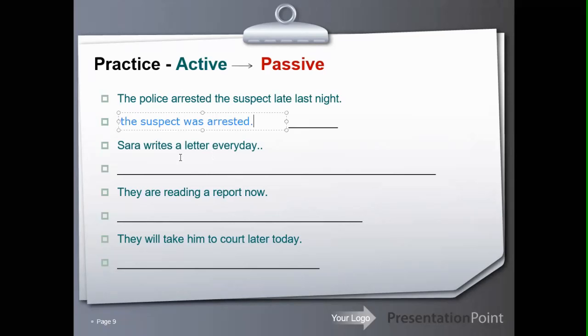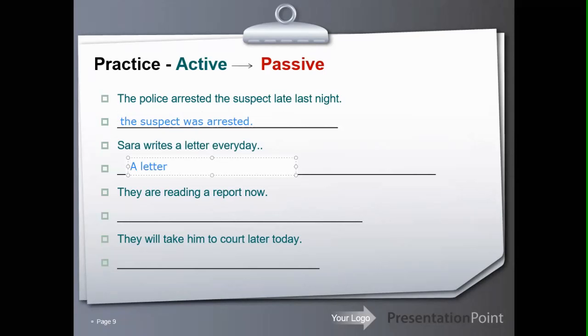Okay, and the second sentence: Sarah writes a letter every day. So first, we're going to find the object. And what is the object? So Sarah writes a letter, and Sarah does what? So she writes a letter. So the letter is the object. So we're going to start our passive sentence with the object. A letter,